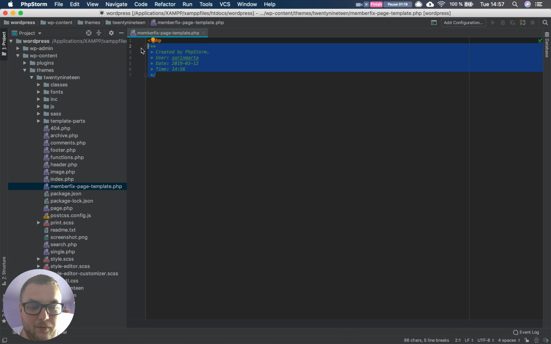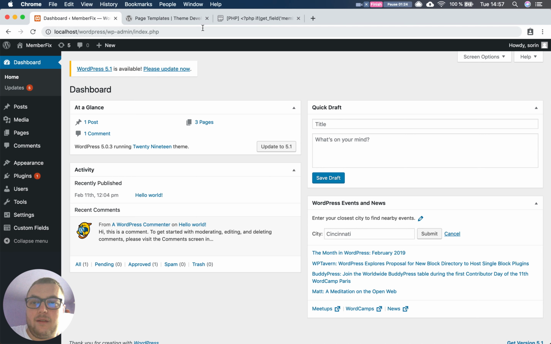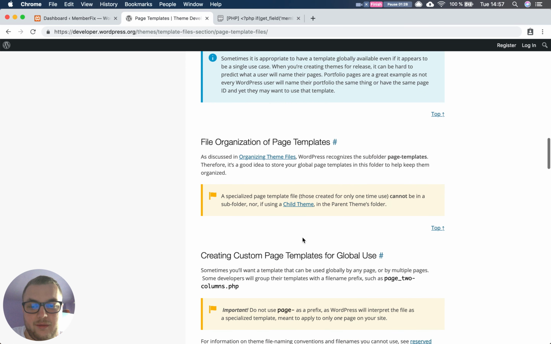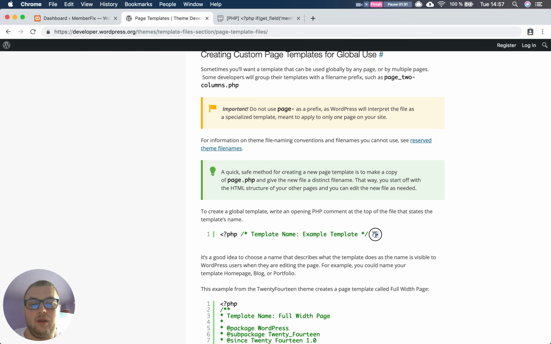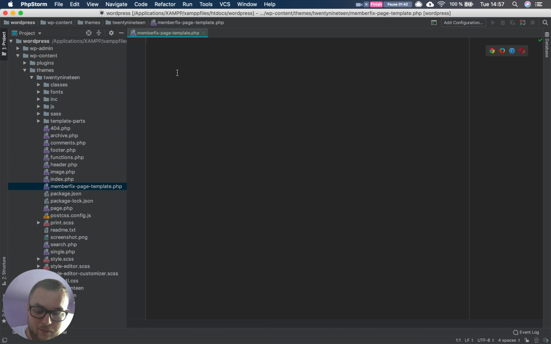Give me a moment to delete this comment and the PHP tag. To begin the file, we are requested by WordPress to use a comment, so that way it will know which file is the page template, and that comment is this one. You can find it on the page templates or in the blog article. We have it there with the paste bin element. So we paste the comment, we change the name to however we want to call the page template. In our case, we'll use MemberFix page template,